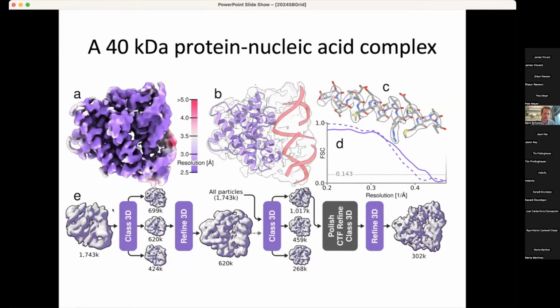And Dari first took an initial model, did some 3D classification and a refinement, made a new initial model because the one he first made was kind of preferred orientation, then did another 3D classification, put things through polishing and then refinement. And then from 300,000 particles or so, he got this beautiful map to about, I think the overall resolution is around 2 point something angstroms or so. And then ModelAngelo can build the entire structure relatively straightforward. And in each of these purple bits of the processing pipeline, Dari used the Blush regularization.